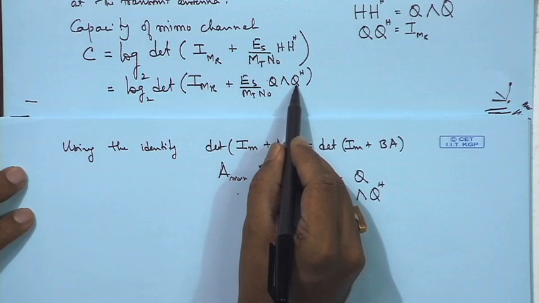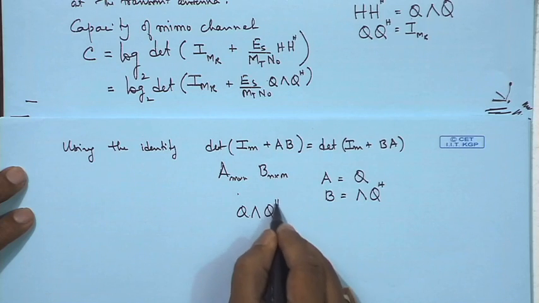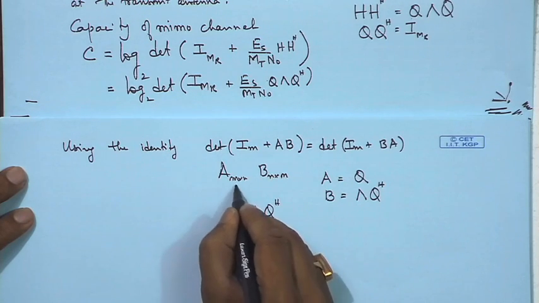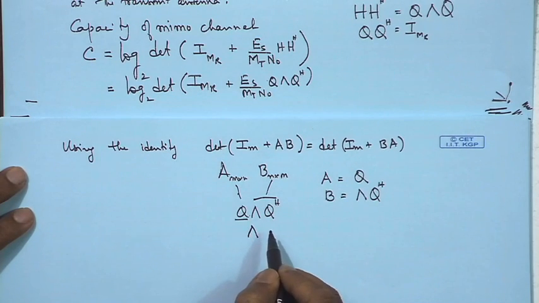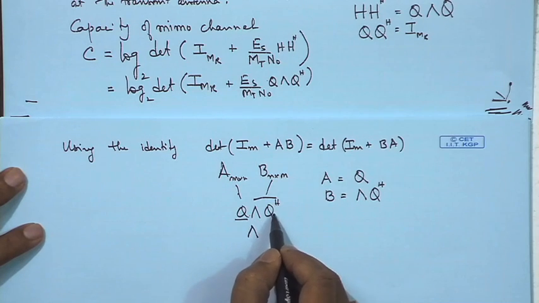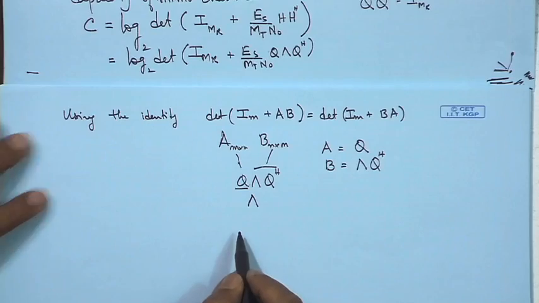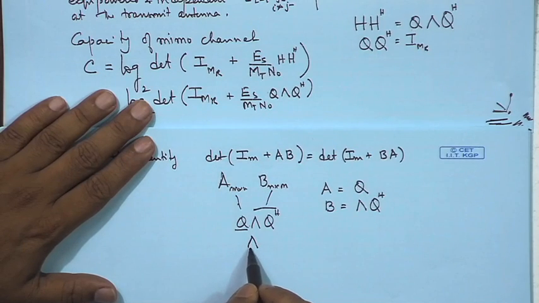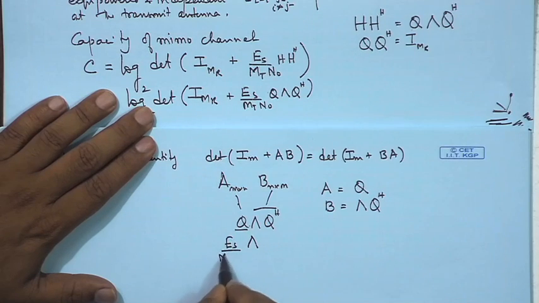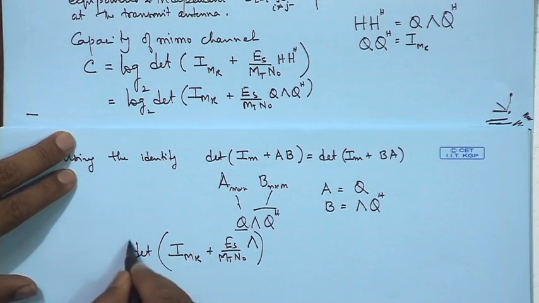Q lambda Q Hermitian, if you identify this as A and this as B, you could write it as B times A inside the determinant. So, you are going to get lambda times Q Hermitian Q, and Q Hermitian Q is equal to I. So, basically it will be left with the lambda, and so this H Hermitian gets converted to lambda, because we are finally taking the determinant of it. E s by m t n naught remains, there is no change to it, plus I m r remains, there is no change to it, and you have determinant